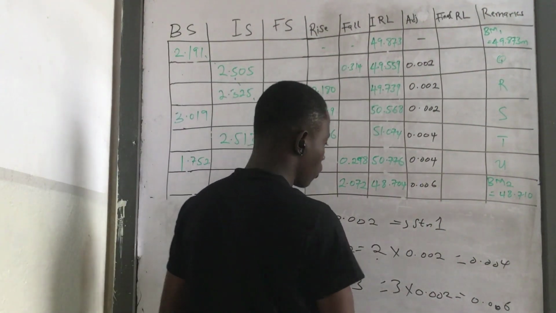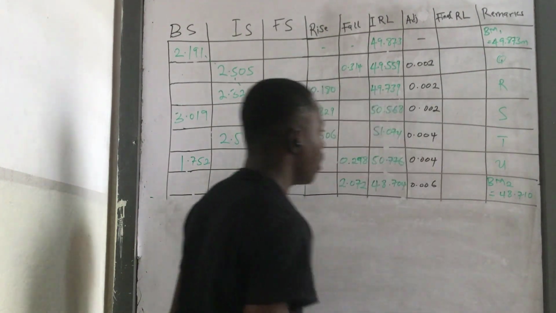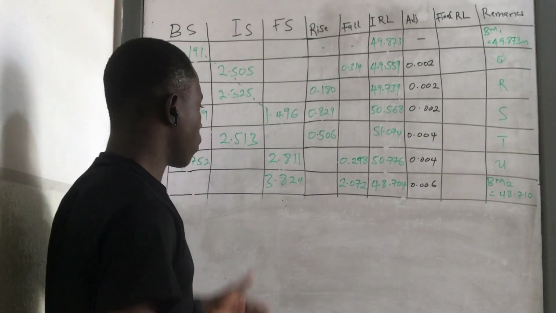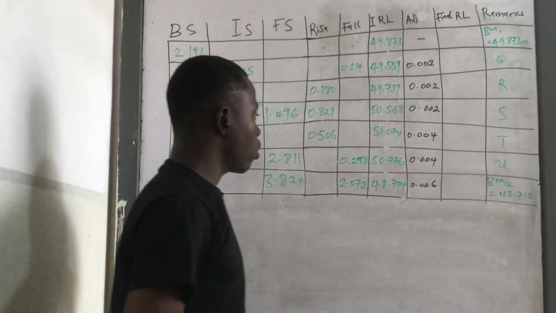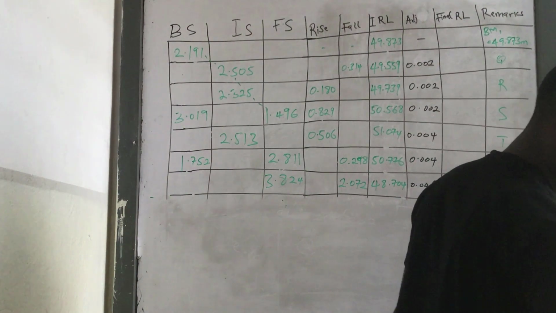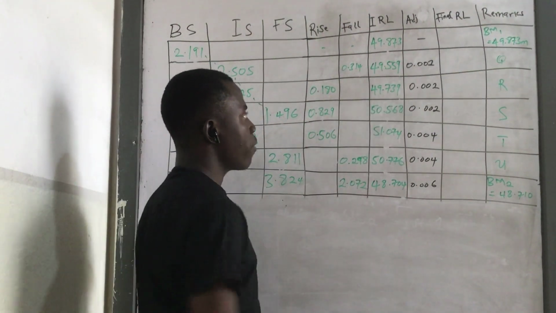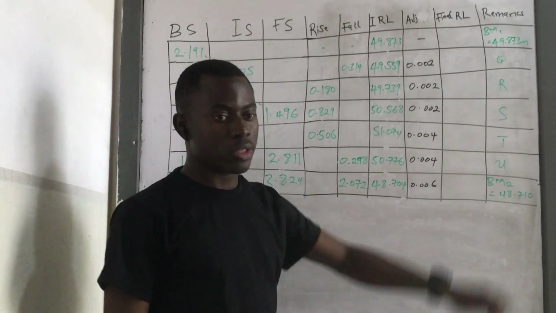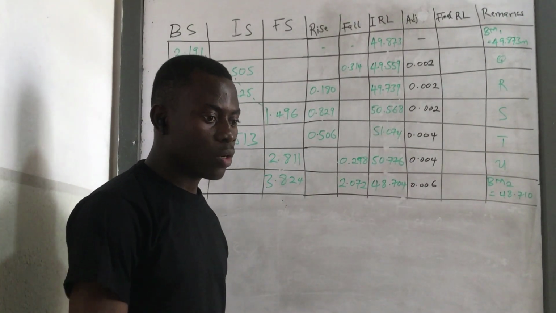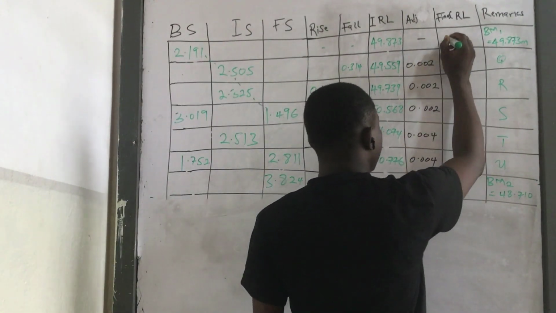Alright, so that's just it. So now we continue with our table. It's actually not a long process, it's just because I'm taking my time to explain every step. That's how come it looks long. So now that we are done filling our correction column, we are going to compute our final reduced level. Because the first one is a benchmark, we don't need to correct it. It's already correct. Okay, so we just repeat that same value here,